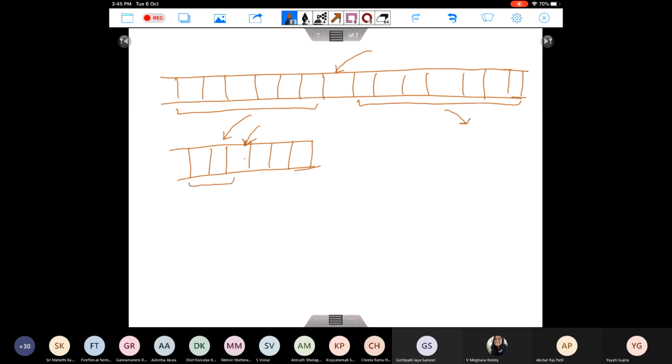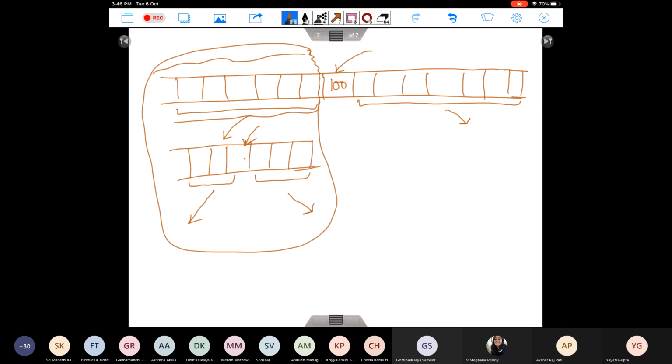Otherwise, he can again divide it in two parts and give it to two other people, right? But again, in this case, we know that the array is sorted. So assume that the number I saw here was 100, and the element I'm searching for, let's say, is 200. So I know that my element is not in this first half. So I actually need not give any work to this person here. I can just check off this entire work for the one person sitting here, and this later chunk I will pass to some other person for searching.